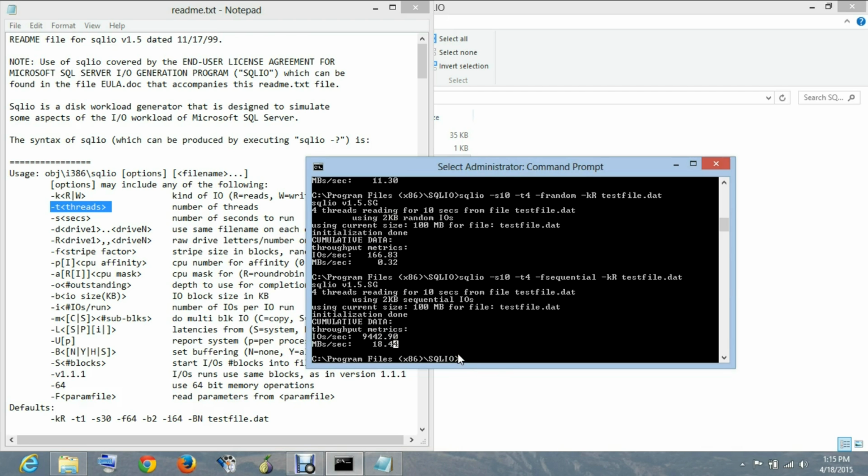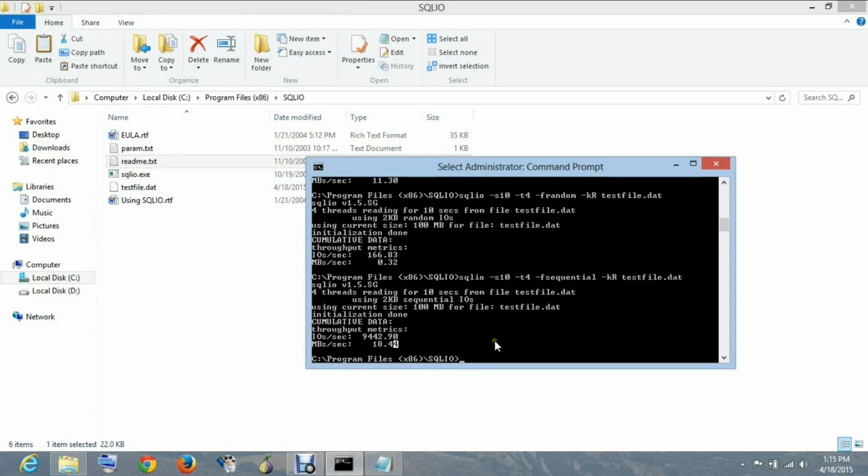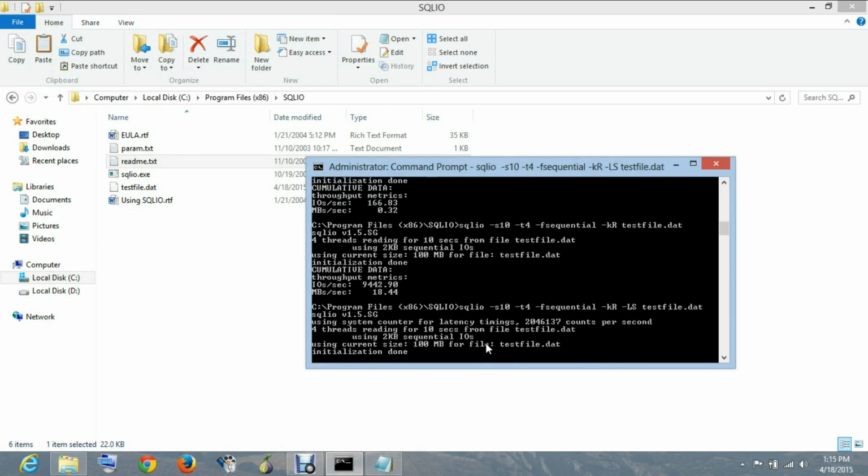Now another thing that this tool allows us to check is the latency from the system. So this time we'll also see how much latency the system gives us, and the lower the latency the faster the response.